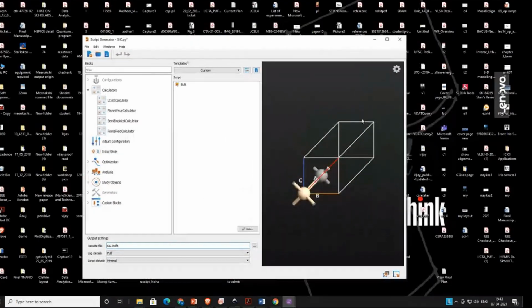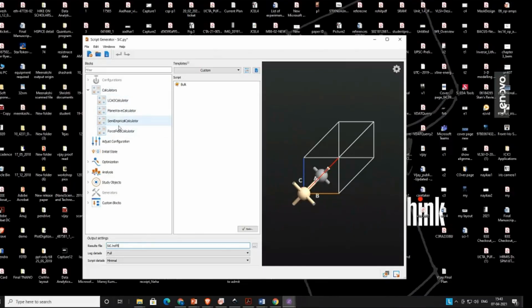This is the structure that we are going to analyze, and this structure is bulk right now. We have not added any electrode to make it a device. If you are working with a device, you can convert this bulk structure into a device and put left and right electrodes, meaning positive and negative electrodes. That I will show you. Now in that one you are having 4